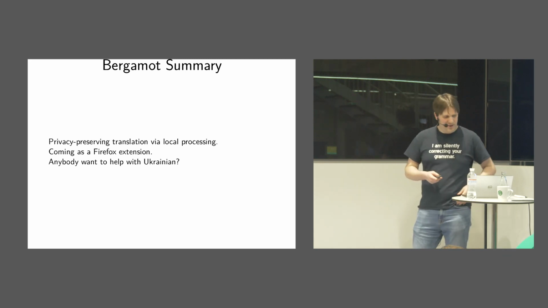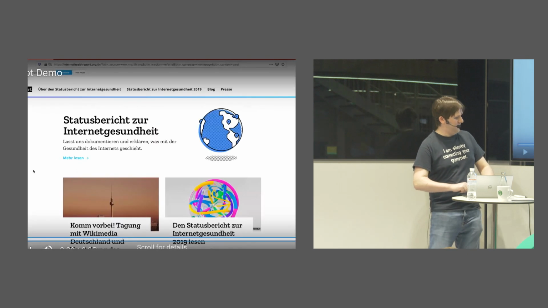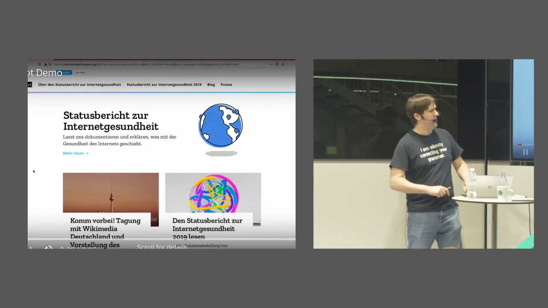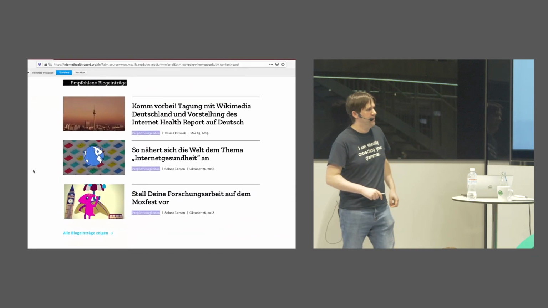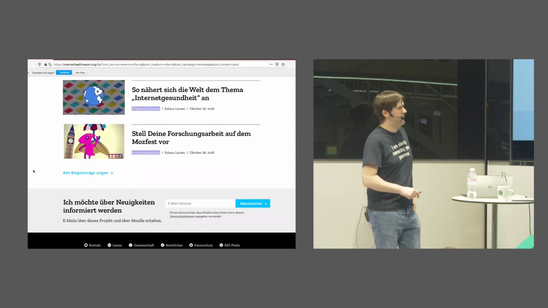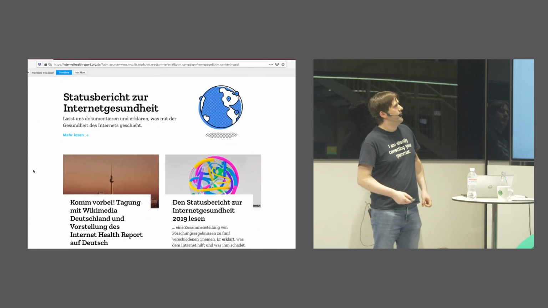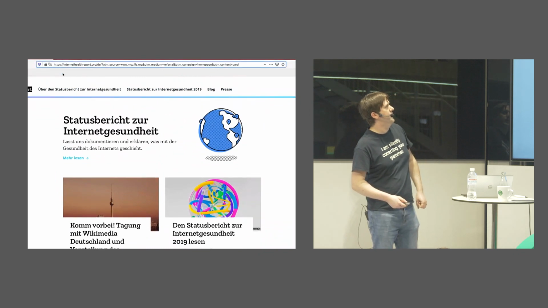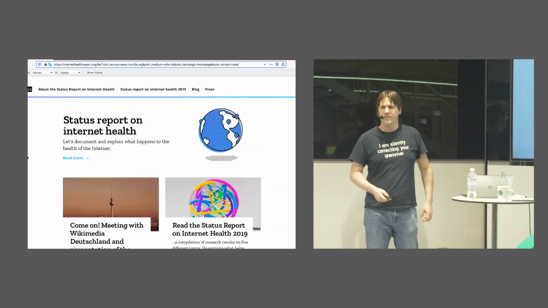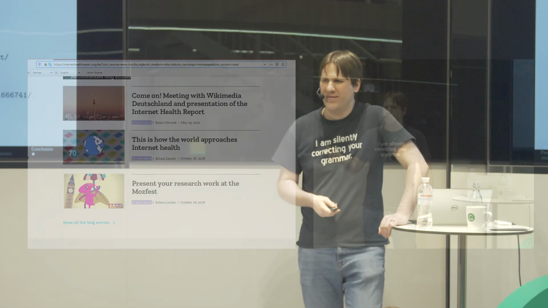And I can actually show you a 30-second demo of this, which is what the media found. So this is a German Mozilla site. And he's just scrolling through it to show you that there's a lot of German. And it's brought up this translation thing. He clicks that. It sends it to some translation that we're running, and then it comes out in English.